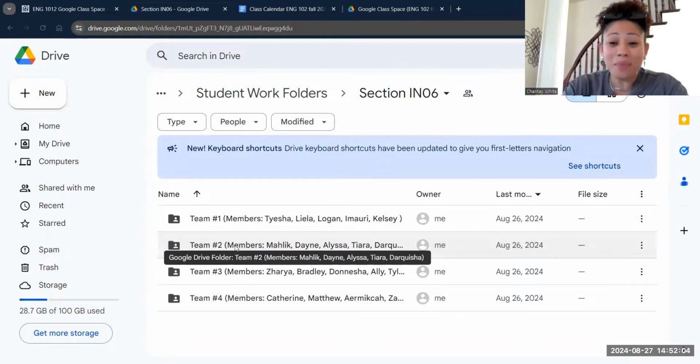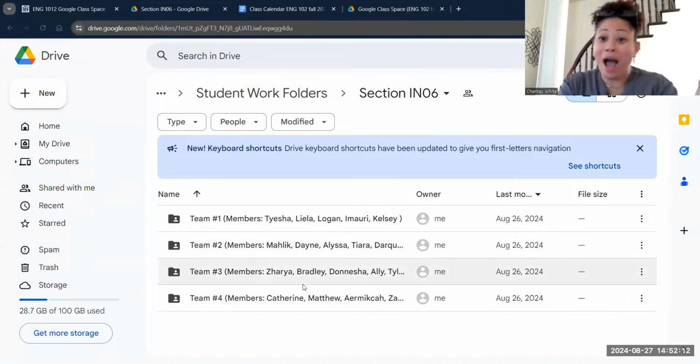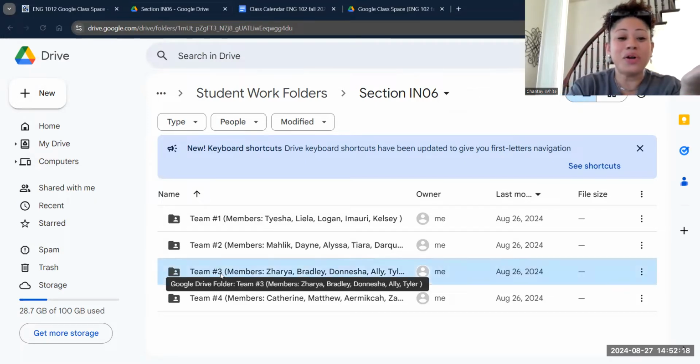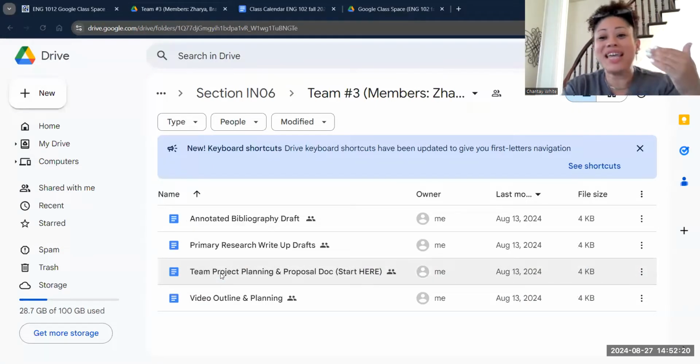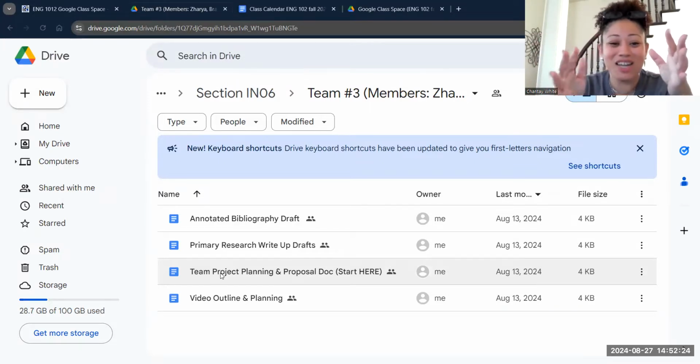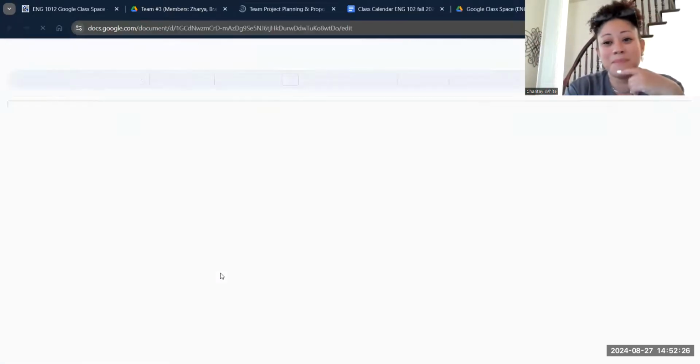When you open it up, you'll see that I've divided the class into 4 teams. You should be able to tell your team by finding your name. So if my name is Bradley, I'm on team 3. Hi, Bradley. Sorry, I just needed somebody to use. Go into your team folder. You'll see in each team folder, there's a document that literally says start here. Open it up.